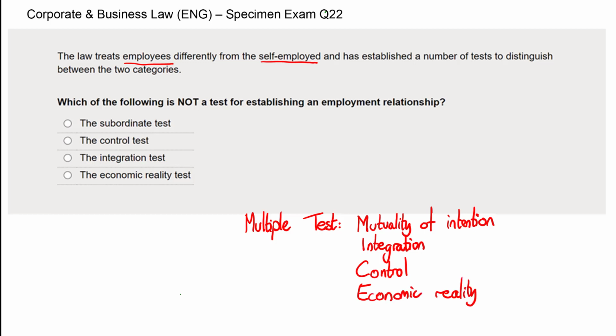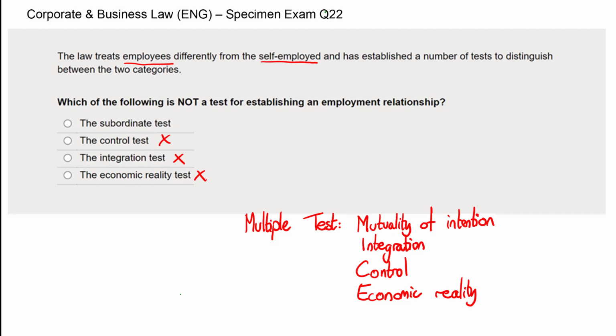And what is the economic reality? So does the individual doing the work have a number of different people they work for? Can they delegate the work to other people? So on that basis, we know that the control test, the integration test, and the economic reality test, those are all parts of the multiple test for establishing an employment